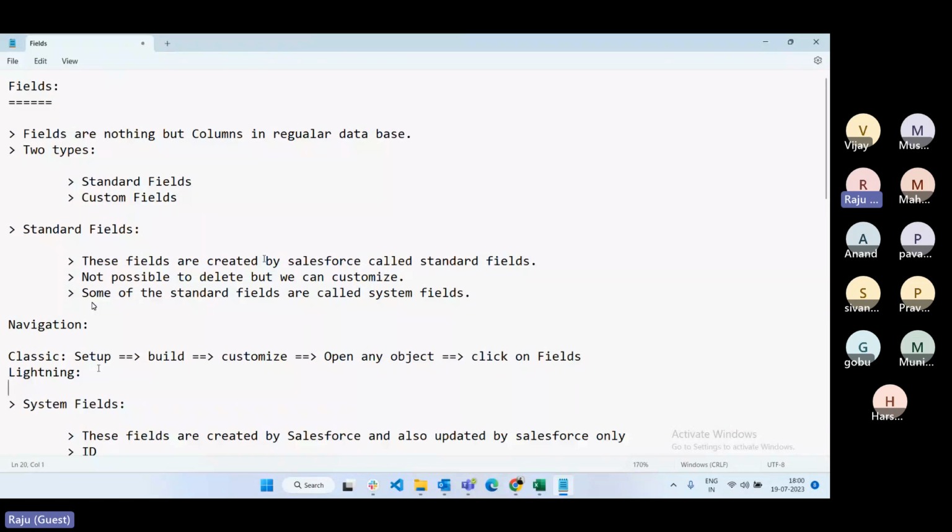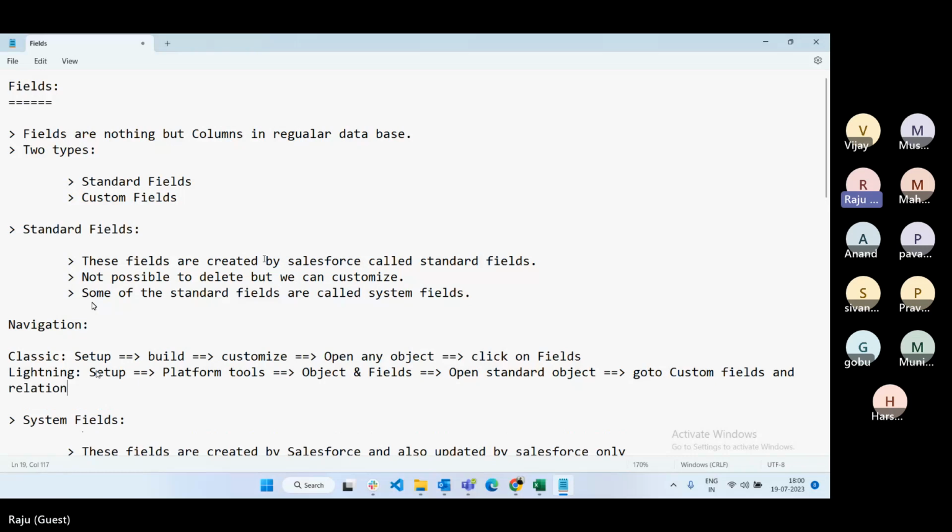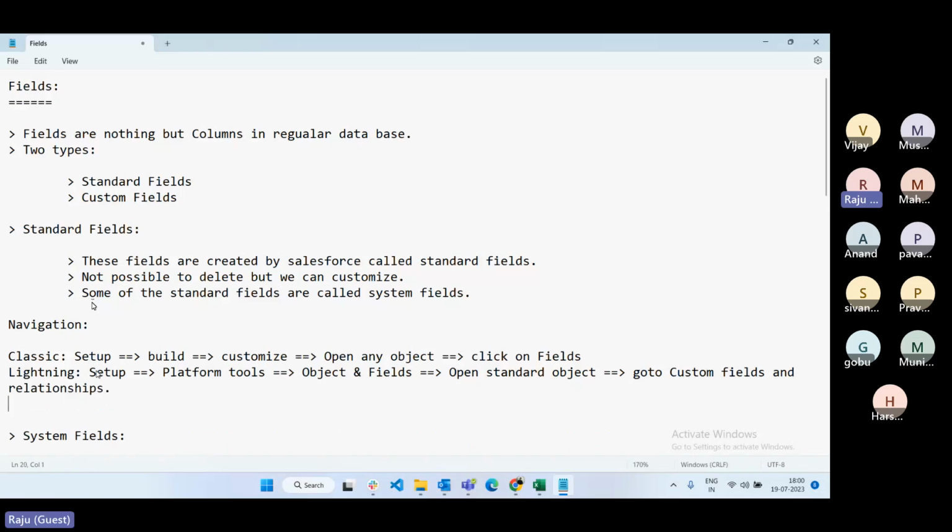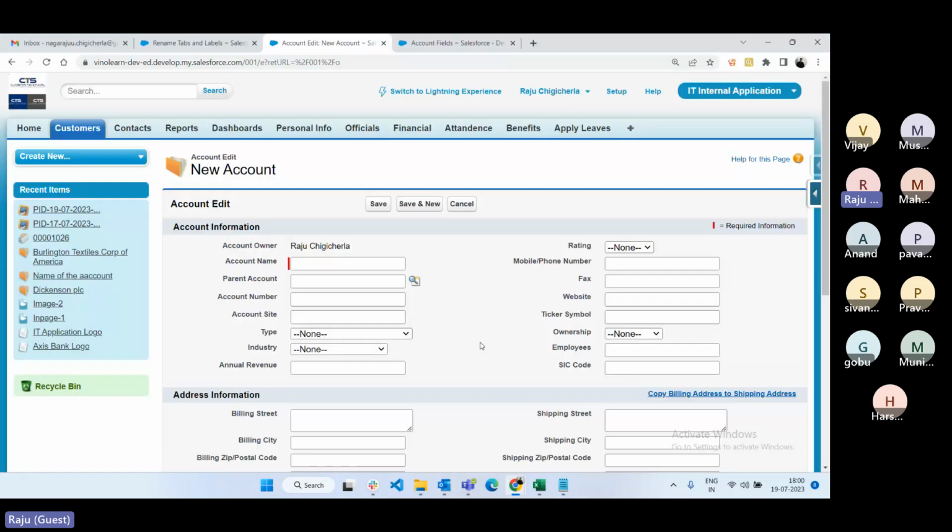So here also: setup, not build, platform tools. Under platform tools, object and fields, so open the standard object and go to custom fields and relationships. In lightning there is no separate section for custom fields and standard fields. If you go to lightning experience,